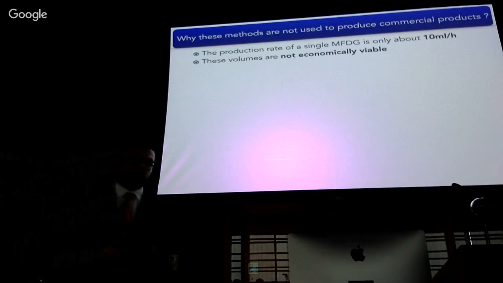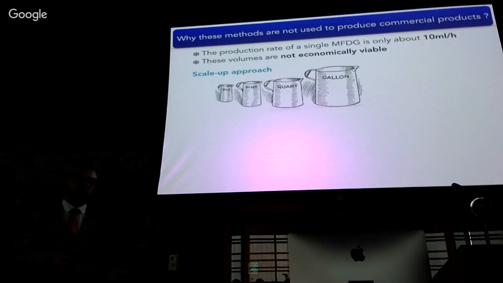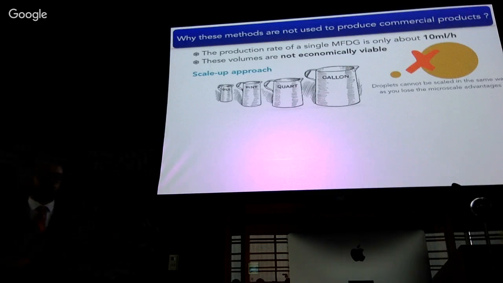So why are these methods not used to produce commercial products? The answer is that it's not economically viable, because one of these devices can only produce 10 milliliters an hour. So the production is very little. And we cannot use traditional chemical scale-up, which would be making it larger, because that doesn't really work in droplets, because you lose the advantages of